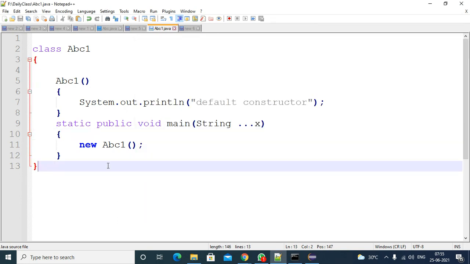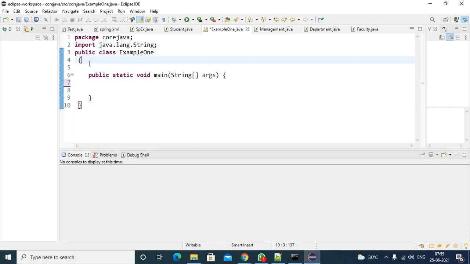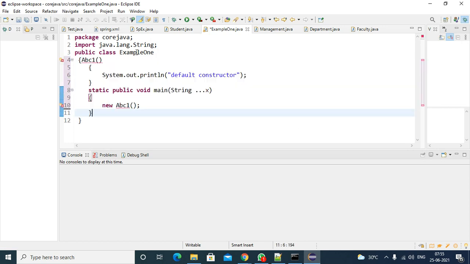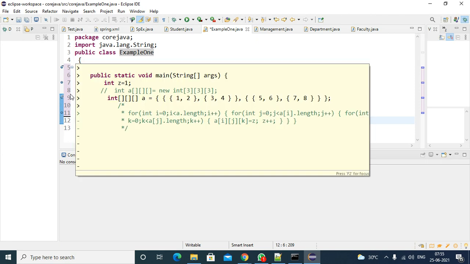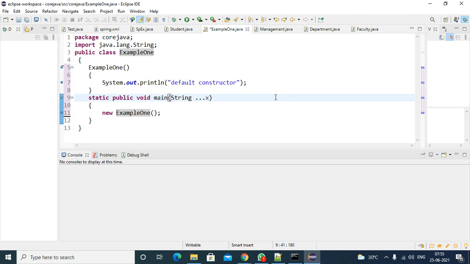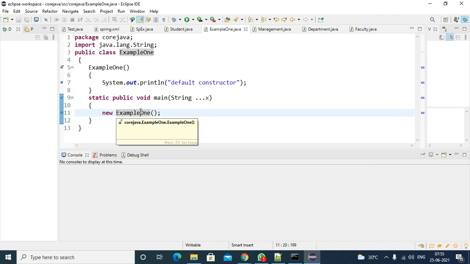Now if you want to debug this code, just copy paste the code here. Copy pasted. A constructor must have the class name, and creating an object means you must use the class name. Right. Over. So inside the main method, I am keeping the debug point here, and then I am putting the debug point here also. See, if I try to execute, what will happen? Save the file, saved it. So try to debug it. If you are trying to debug it, first the cursor will go to the main method, then it will execute this line.